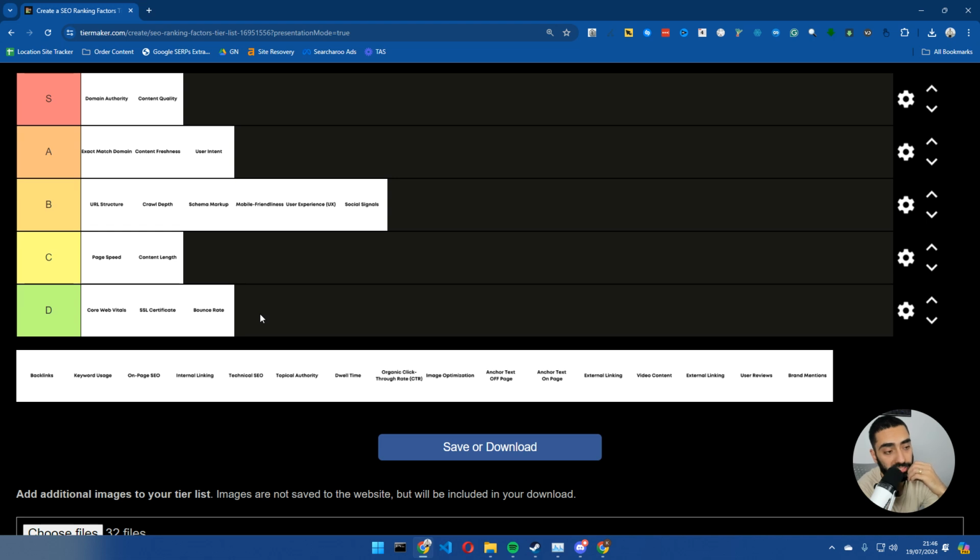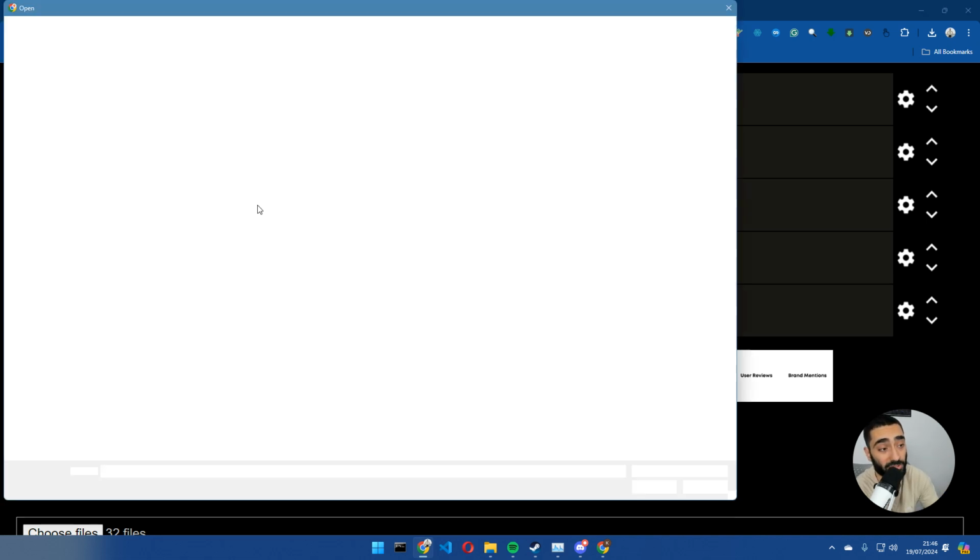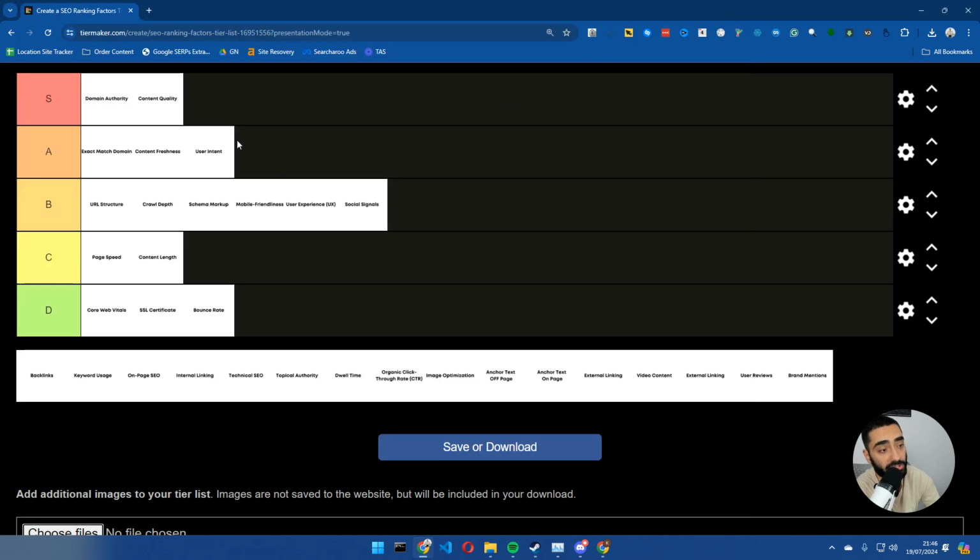So I think it probably comes down to the actual keyword. It probably comes down more so to the actual user intent at that base. So I'm going to say that bounce rate, it's not something that I would worry about. I'm not going to lose sleep over it. It probably comes down to the actual type of page.